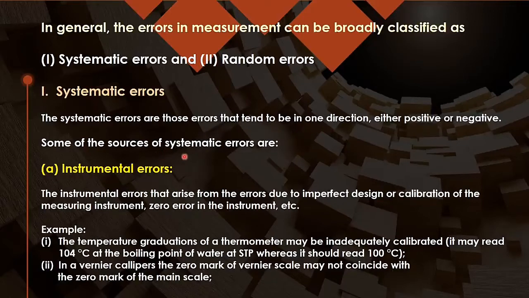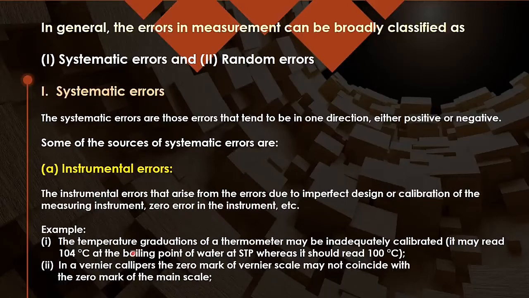And in systematic error, we may take the instrumental error. Like if in vernier calipers the 0 of the vernier scale is coinciding with the 0 of the main scale, it means no error. But if it is going to the left, negative error. If it is coming to the right, positive error. So I can measure the error in the vernier calipers. In the screw gauge also I can measure the error. So instrumental error is a systematic error which I will measure and take into account in giving my results after doing all the calculations.